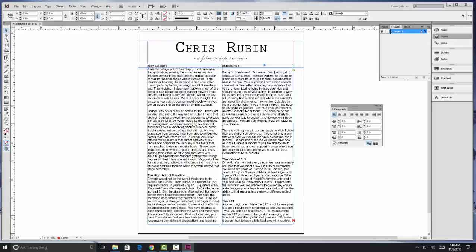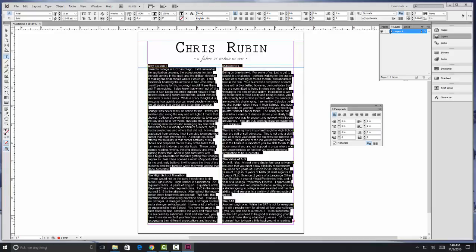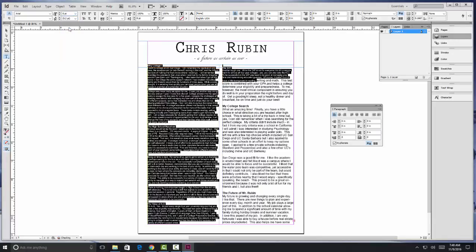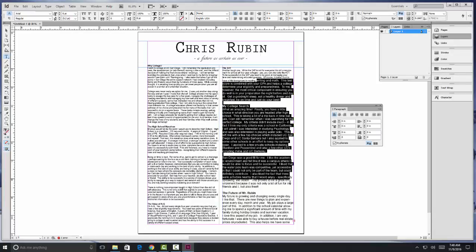The next thing that I want to do is go ahead and see how much text I can get on my document. We never want to go smaller than really an 8 or 9 point font, but in this case, just to make my life a little bit easier, I'm going to select an 8 point font, and I'm going to try and get as much of the text that I wrote